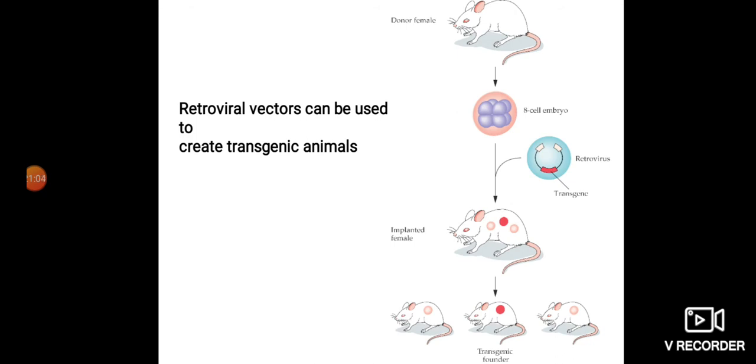Then they infect that embryo with the retrovirus. The infected embryo is then implanted into a female. This female produces progeny, a few of which will be transgenic, which we can identify based on the marker